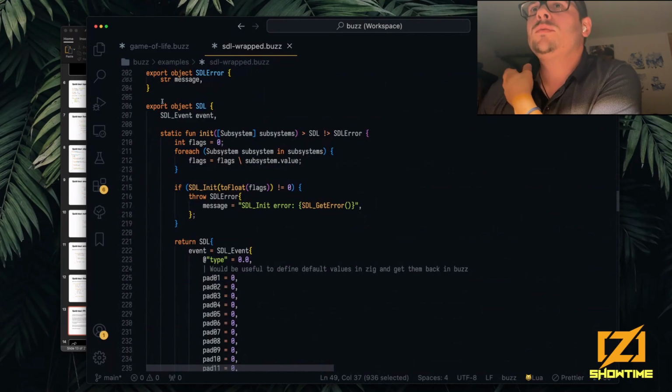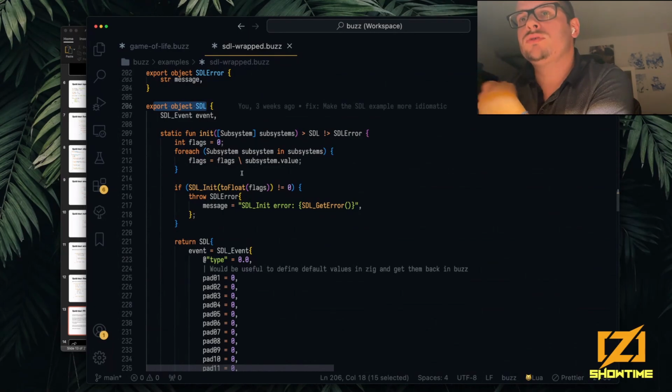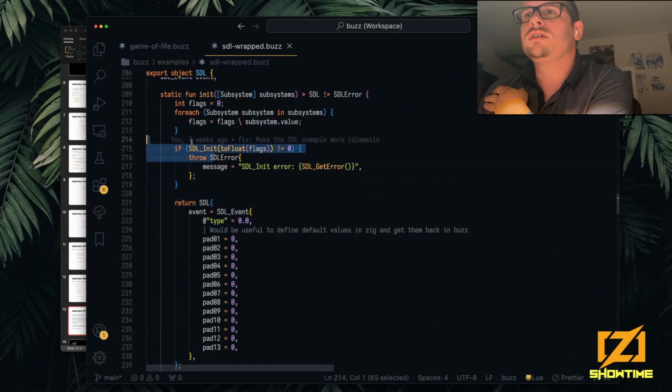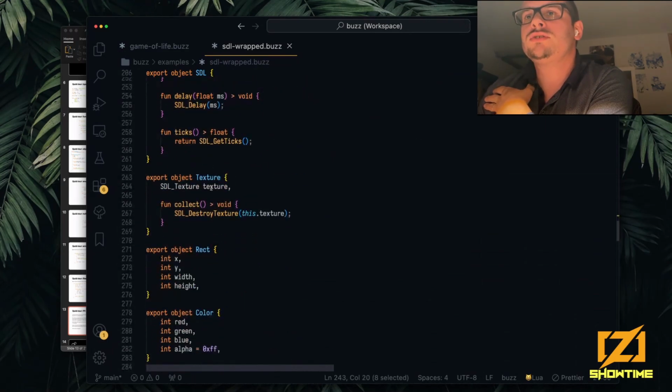Then I'm declaring some objects to wrap those calls and make it a bit more idiomatic, a bit more like Buzz code. Here I have an object SDL doing initializing, waiting, polling, that kind of thing, and a texture.